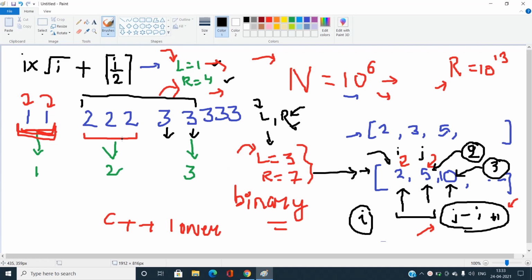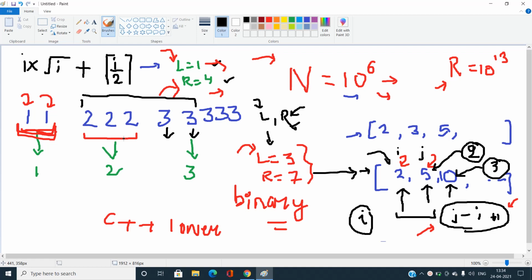So the basic idea is, rather than building an actual array of size 10 power 13, try to find the maximum I, which is going to be at most R, and build the size of this I, let's say n equal to 10 power 6, and fill up the values and make the prefix sum of these values.